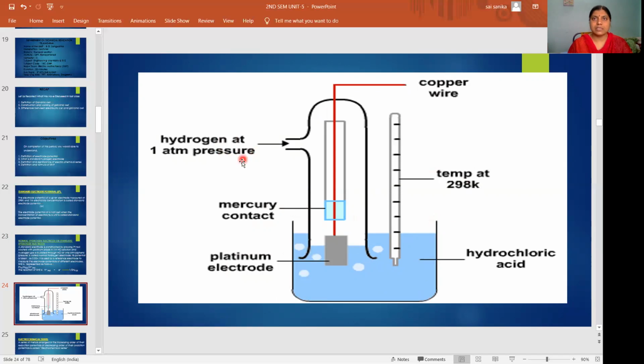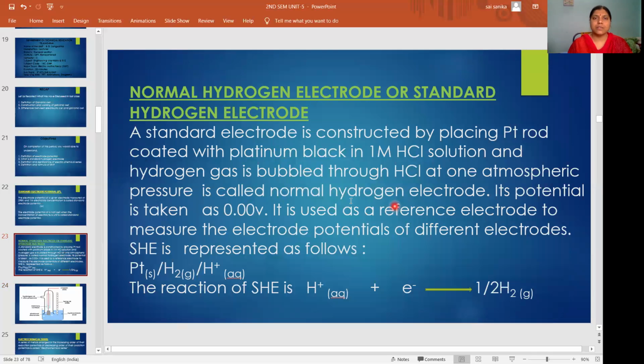That's why we are saying standard hydrogen electrode, or it is simply called the normal hydrogen electrode. So what is the potential of this electrode? The potential of this electrode is always 0.00 volts. That means 0 volts. It is used as a reference electrode to measure the electrode potentials of different electrodes. That means by taking the standard hydrogen electrode, we can measure the potentials of